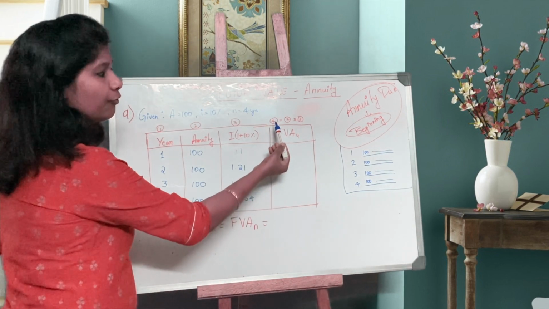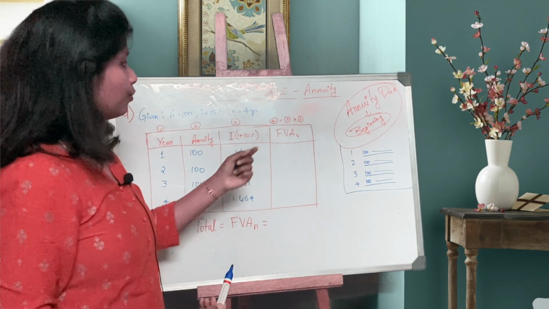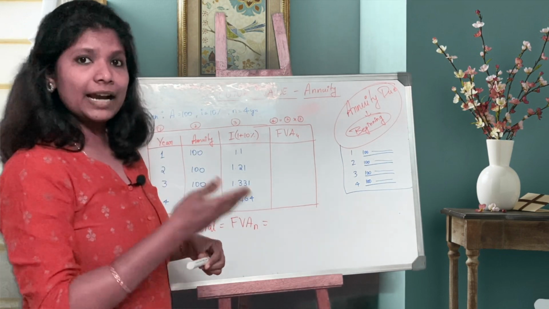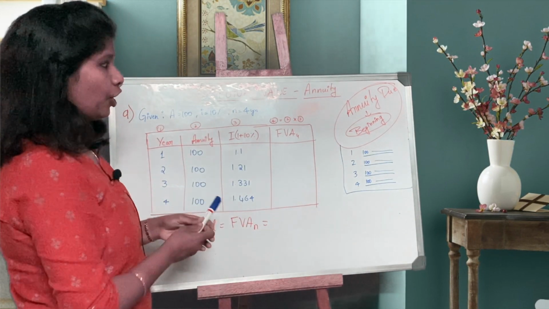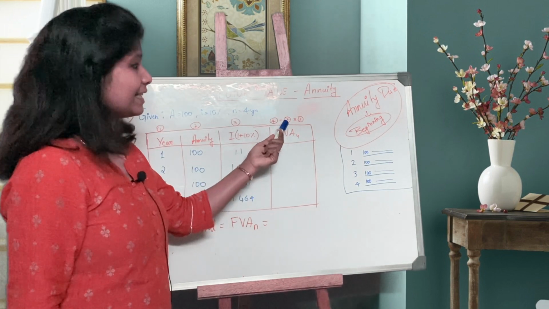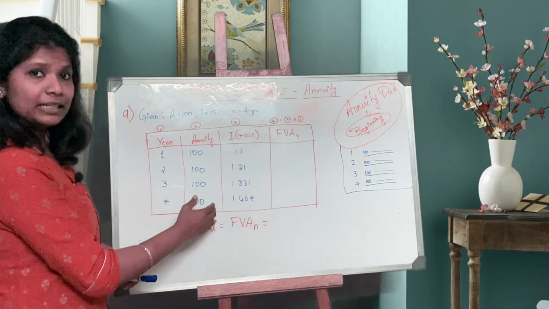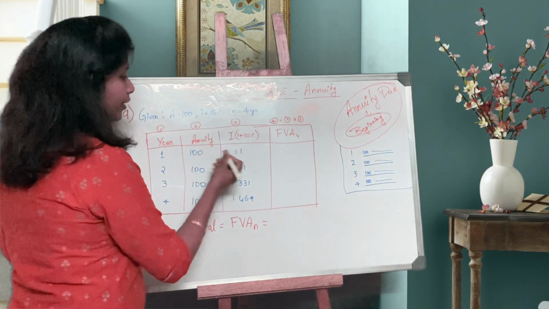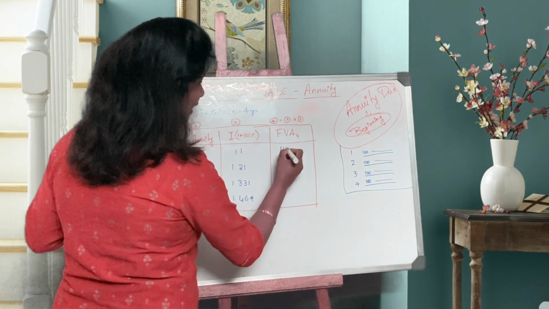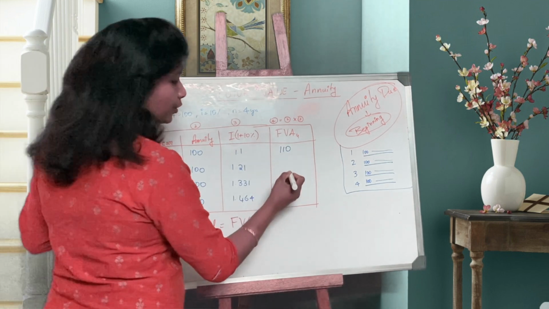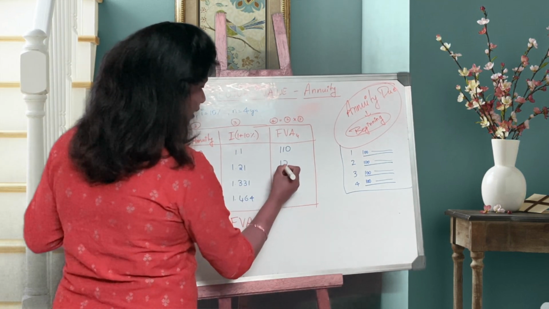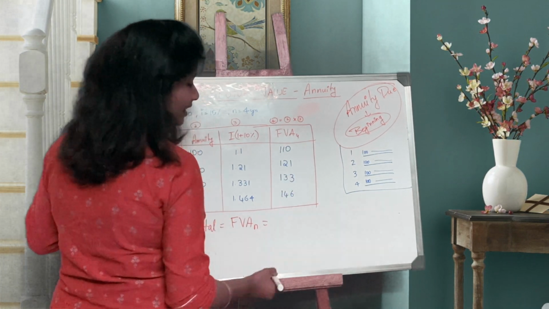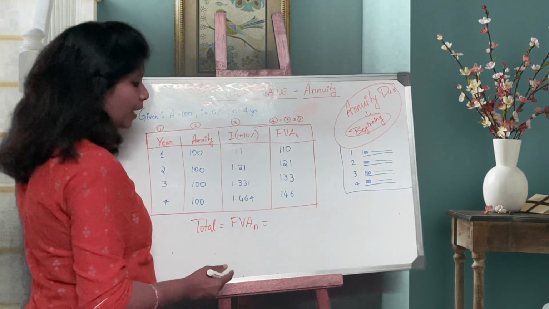As I told, what is the 4th column? 4th column equals annuity multiplied by interest rate. Now here annuity is your second column, so for you to remember, second column, that is annuity, multiplied by the interest column, third column. So column 2 into column 3. So 100 into 1.1 will be 110. 100 into 1.21 is 121, and then 133, and then 146. So once you add up every future value of annuity, you will get